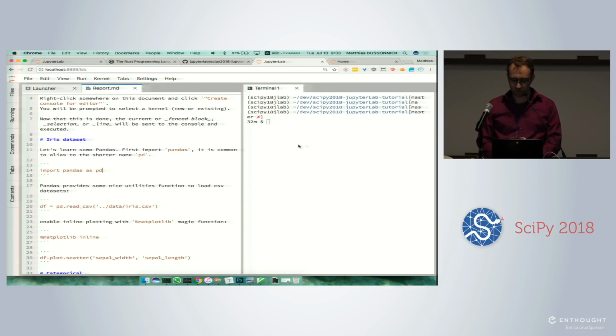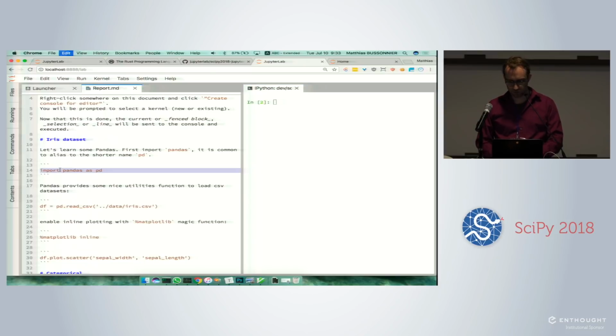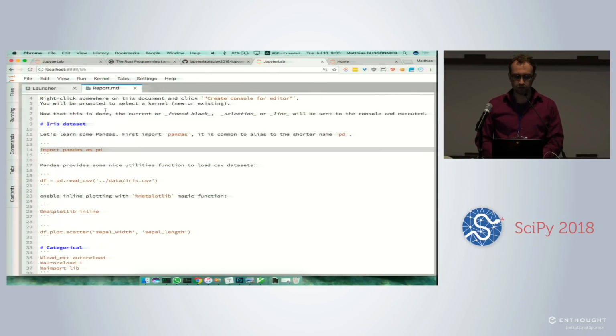And you used to be able to open IPython here, which takes some time, and say, well, okay, I'm going to try that. I'm going to copy paste here and enter, and yes, it works, and keep on going. So that's one way of doing it. What you can do now is